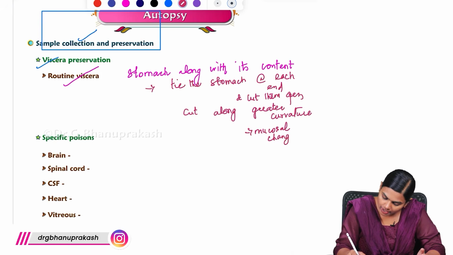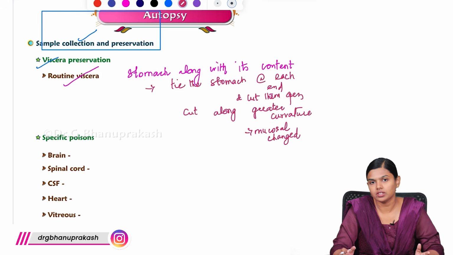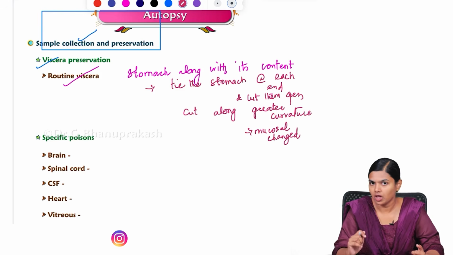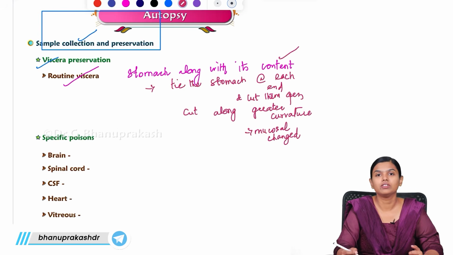Any hemorrhage is there or not, any reddening is seen or not, simple congestion is seen or not, any ulcer changes are seen or not, all those things you will be looking for in the mucosa. So this is how you cut open the stomach, and you have to examine the content which is present inside